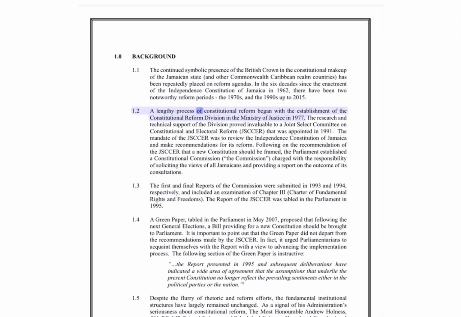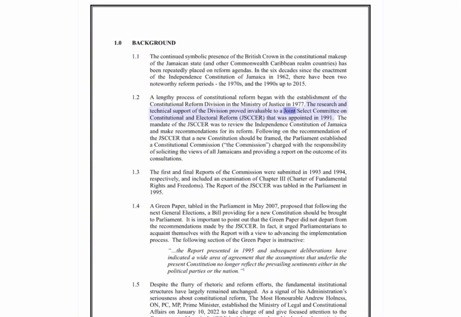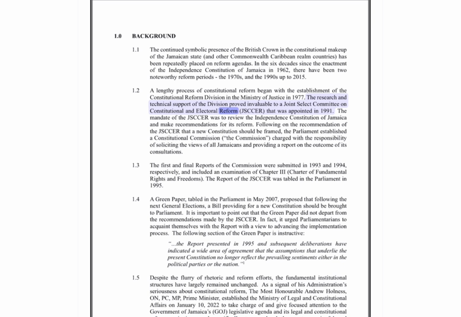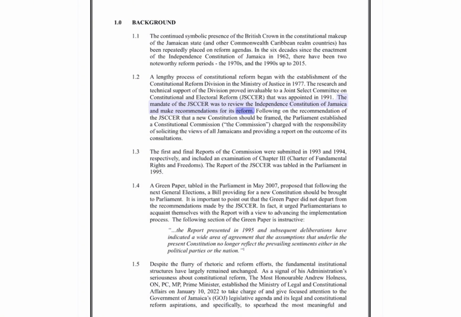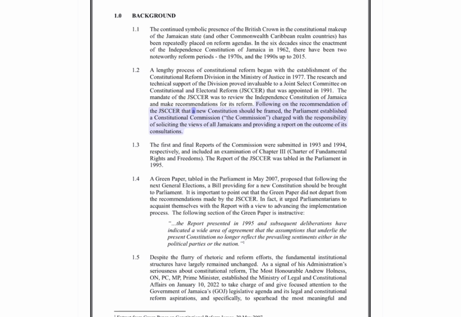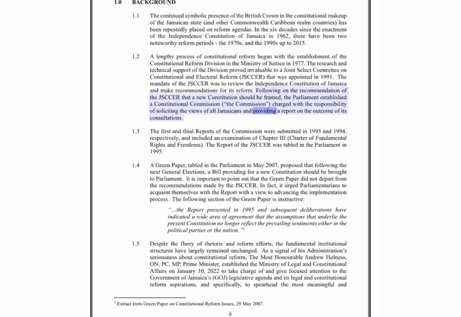1.2 A lengthy process of constitutional reform began with the establishment of the Constitutional Reform Division in the Ministry of Justice in 1977. The research and technical support of the division proved invaluable to a Joint Select Committee on Constitutional and Electoral Reform, JCCR, that was appointed in 1991. The mandate of the JCCR was to review the Independence Constitution of Jamaica and make recommendations for its reform. Following on the recommendation of the JCCR that a new constitution should be framed, the Parliament established a constitutional commission, the Commission, charged with the responsibility of soliciting the views of all Jamaicans and providing a report on the outcome